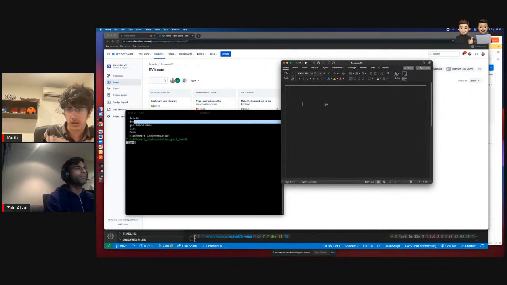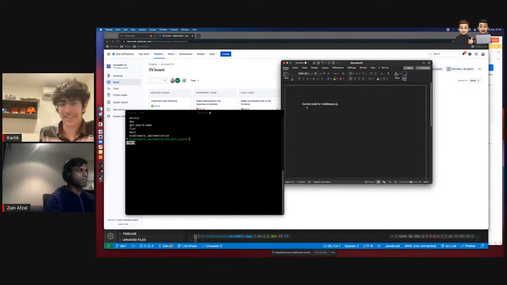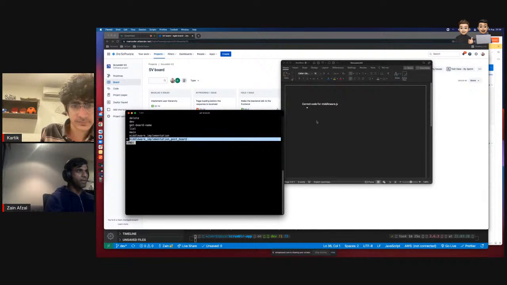So this is where all the correct code is. The correct code for middleware.js is in the middleware implementation post board by name branch. When you say post board by name, you mean post board? You haven't pulled it, I don't think. Don't pull it.